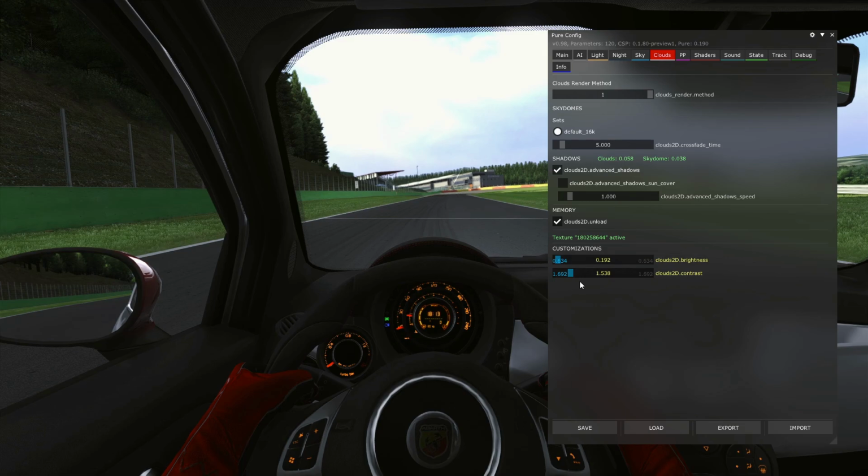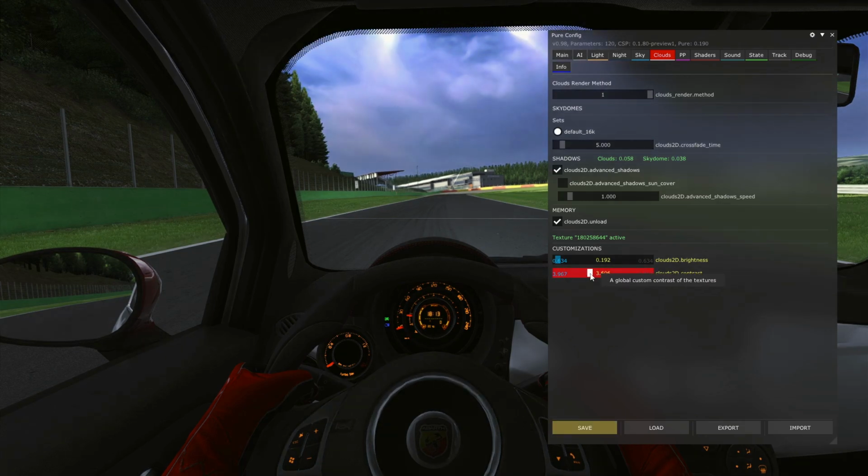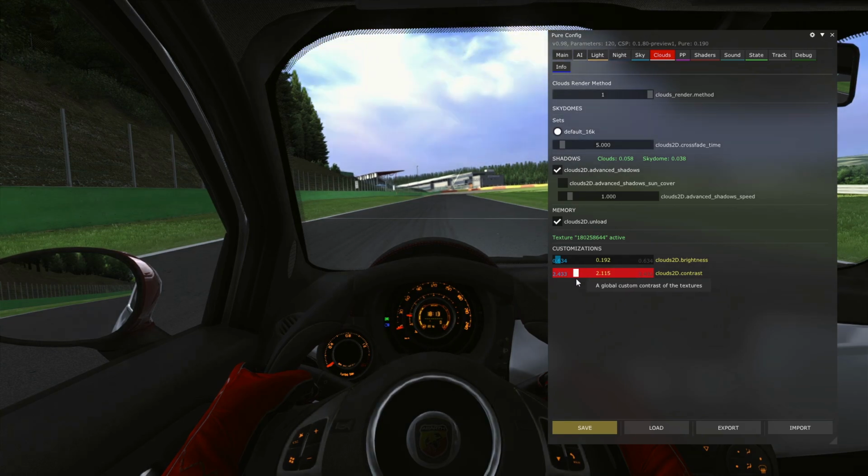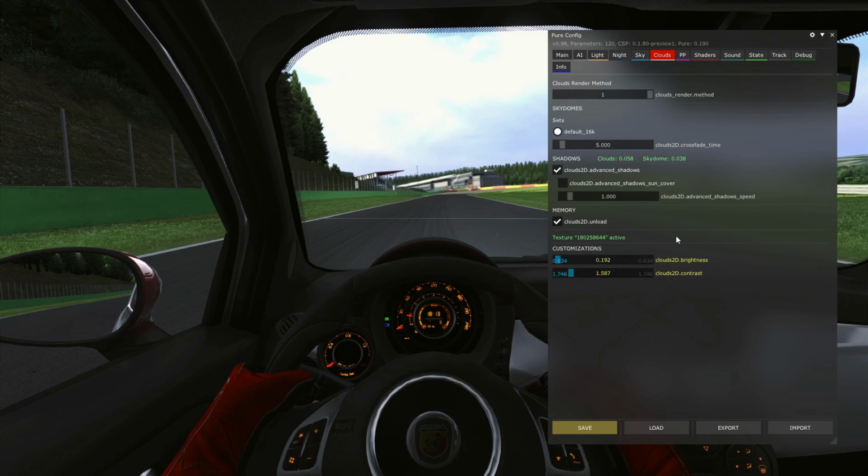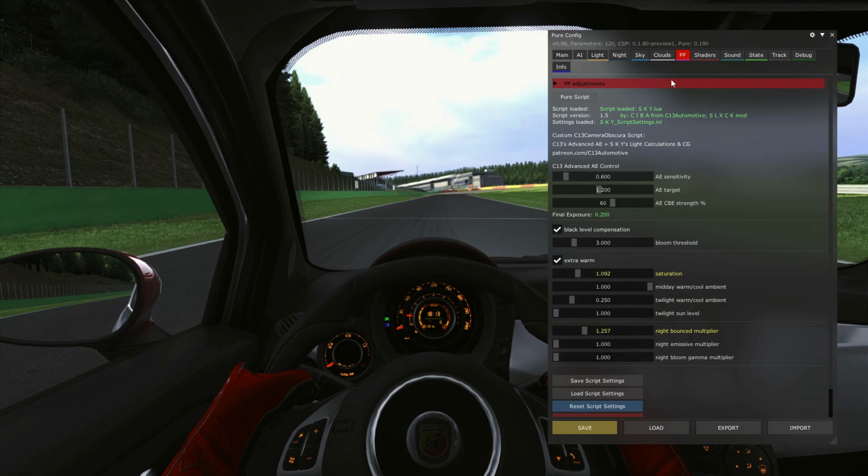The blue in the sky becomes really dark, as you can see here. Right here at 5, this is way too much already. It looks like stormy clouds, not like the light clouds anymore, which have no rain on them. So I like to keep this at around 1.587. And the last tab that we're going to look at is